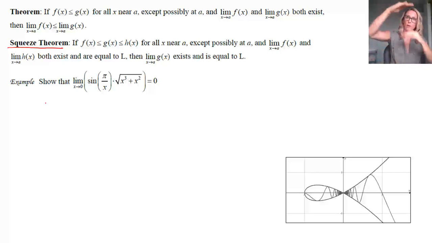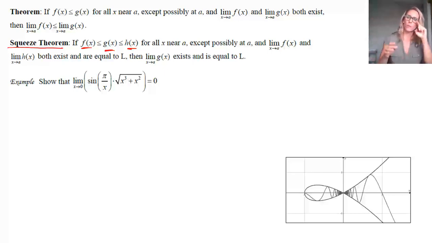And that makes sense because if one of them has a higher y value than another, then it would make sense that the limit would be a higher y value than the other. But there's a place where it helps us, and that's called the squeeze theorem. The squeeze theorem is so named because it's really the idea of, let's say you have a function that you can squeeze between one function and another function. So it's always greater than or equal to one function, less than or equal to another function. So it's in between the two functions.